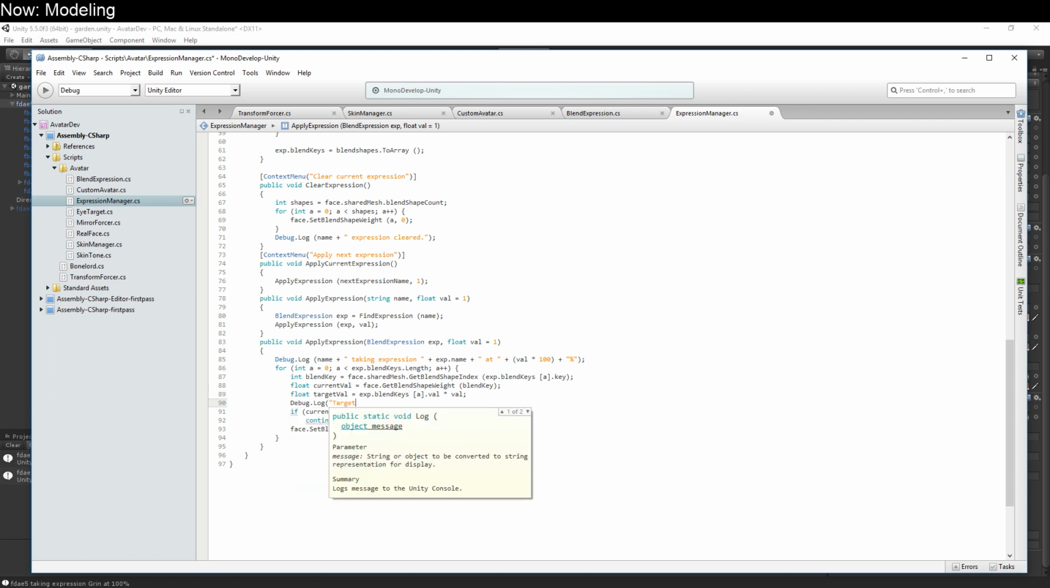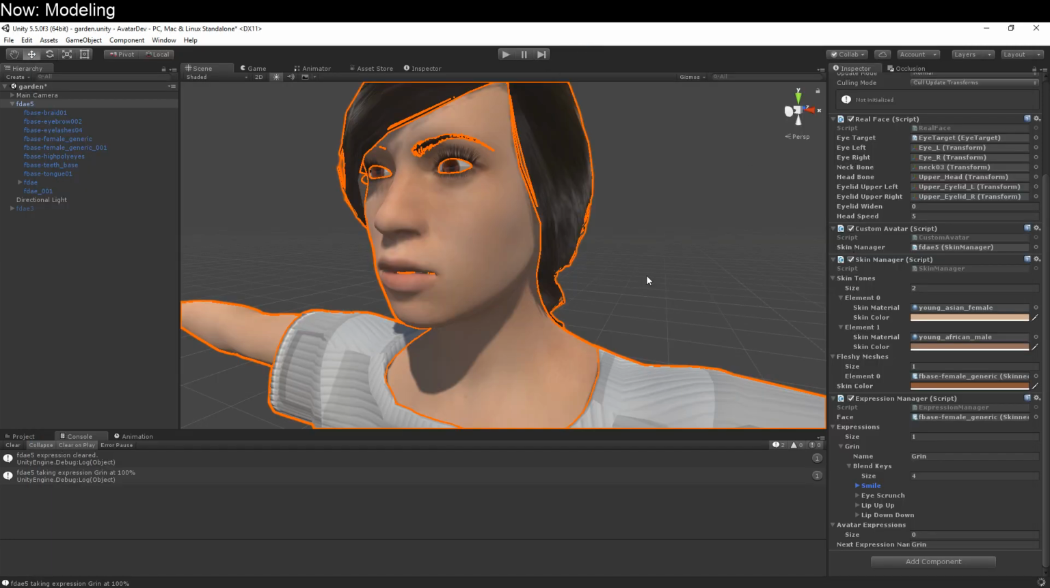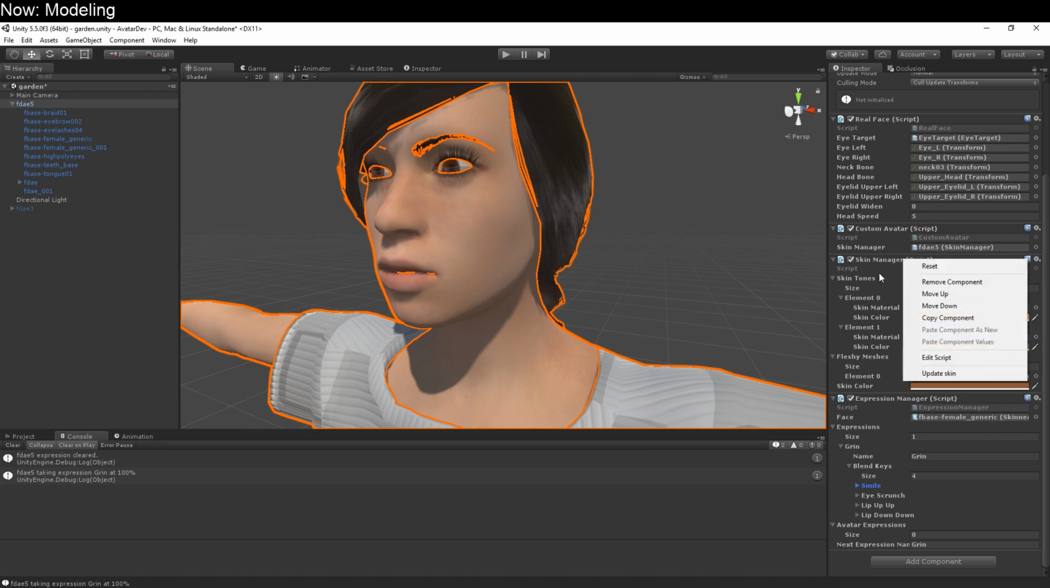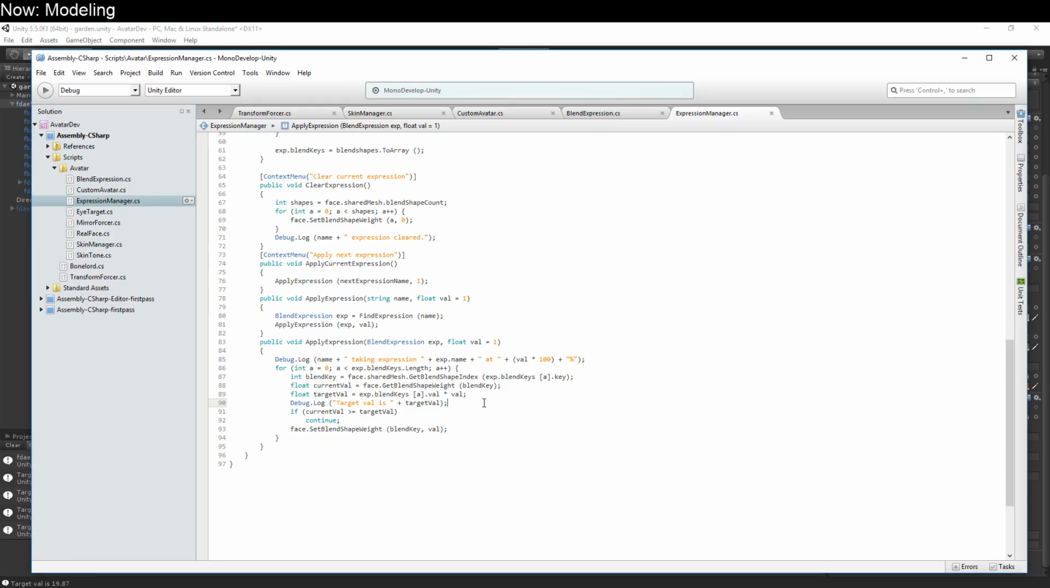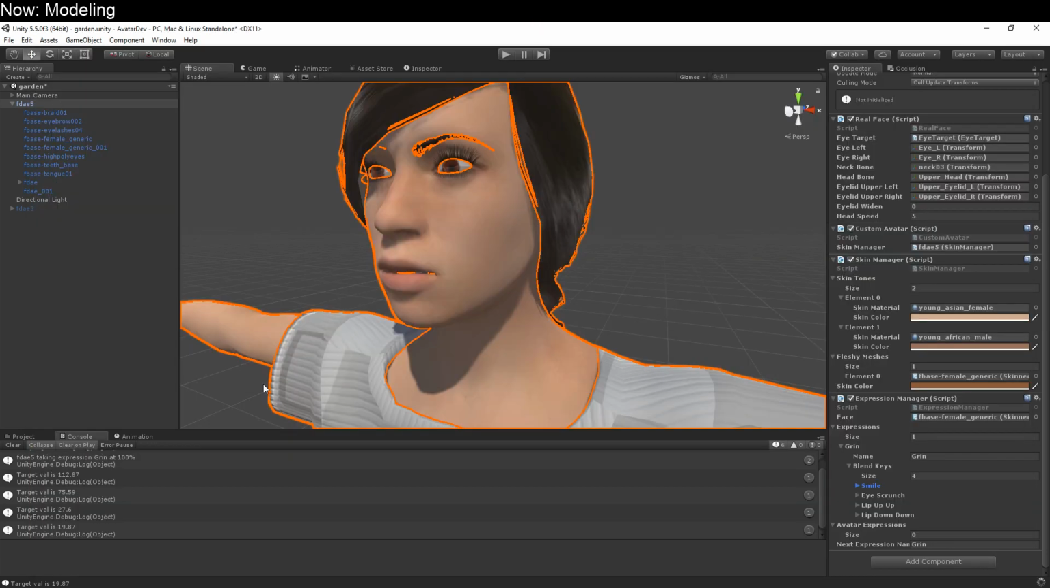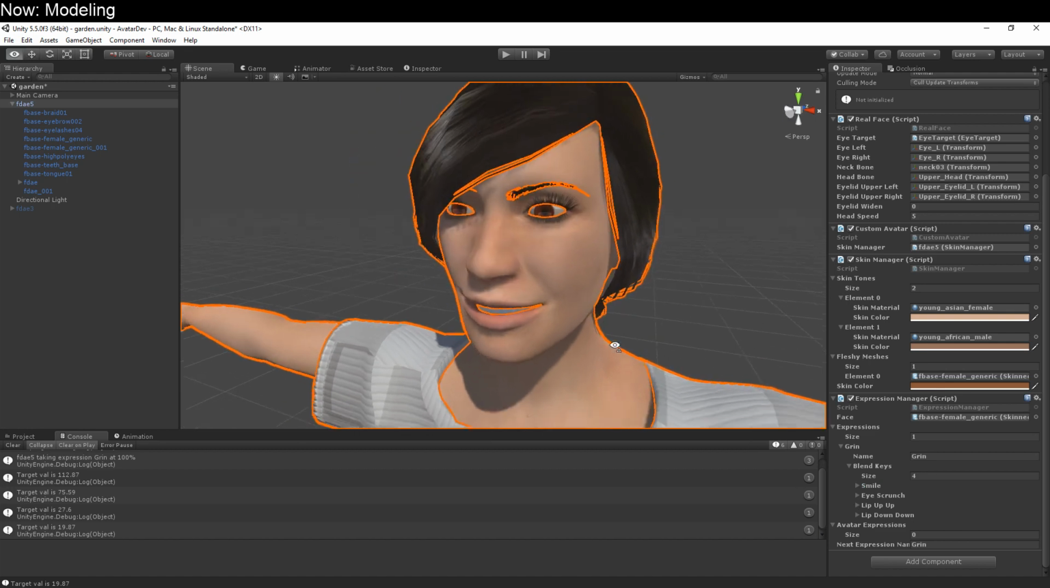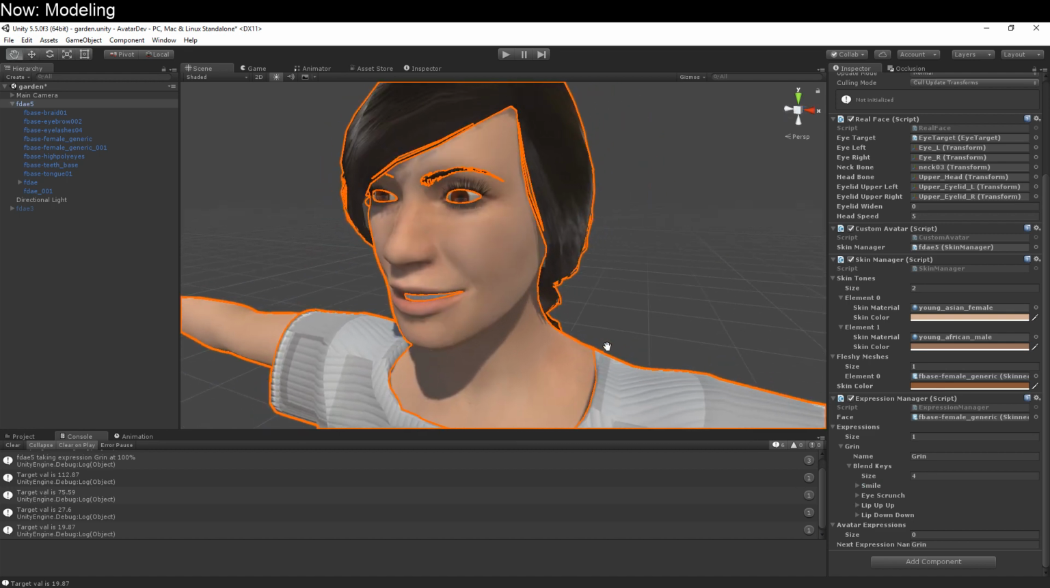Debug.log target val is target val. And we'll just go ahead and see what the heck is going on there. So it's trying to set them to 112 and 75 and 27 and 19. But it isn't working. It's only getting set to 1 because I'm setting it to val and not target val, you idiot. Gotta stop using things that are named the same. There we are. So now we can apply these expressions, which means that we can create characters that have default